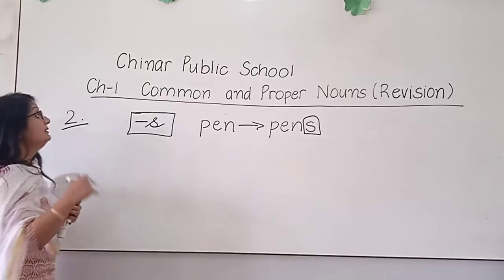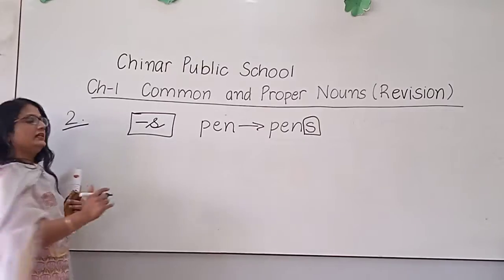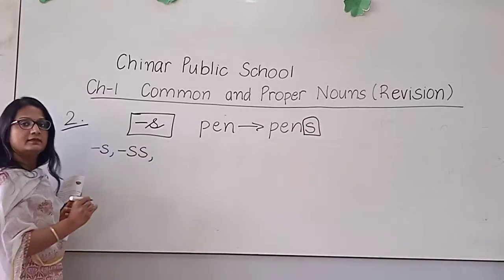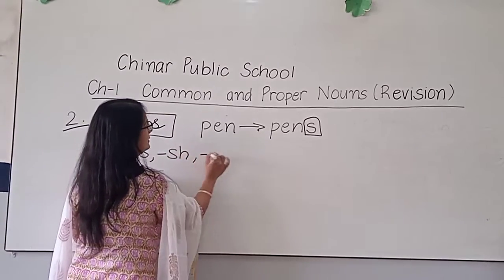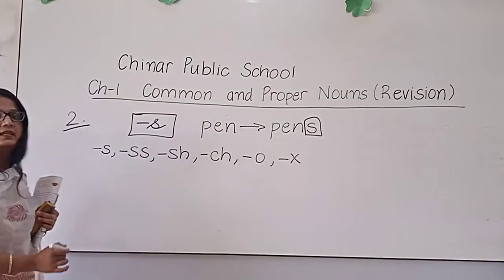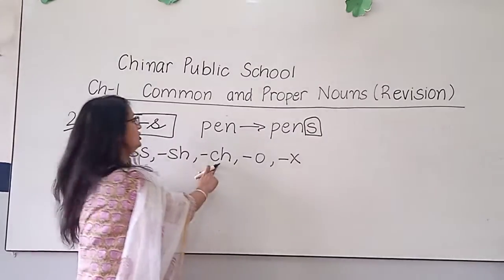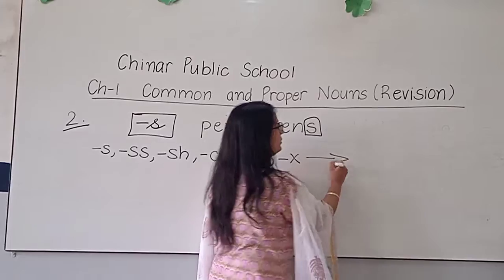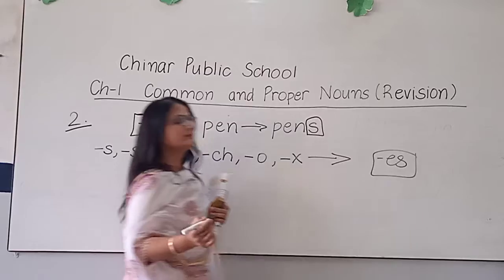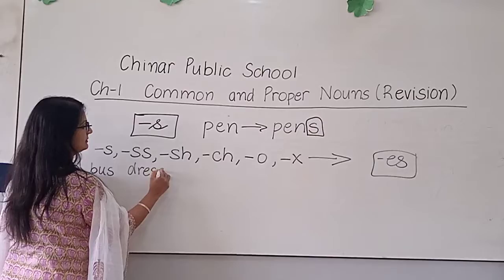Simple. Okay. The second rule which is associated with plural forms is, if any word is ending with S, double S, SH, CH, O and X, the plural is made by adding ES to the word. Fine. For example, bus, dress, bush,